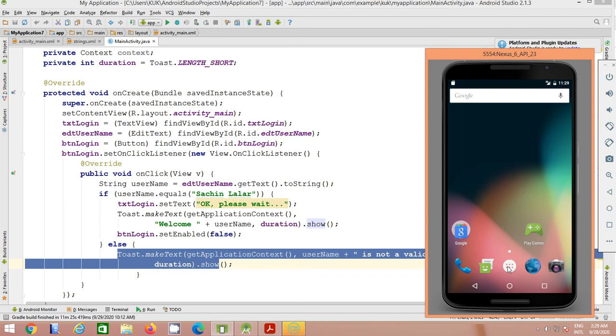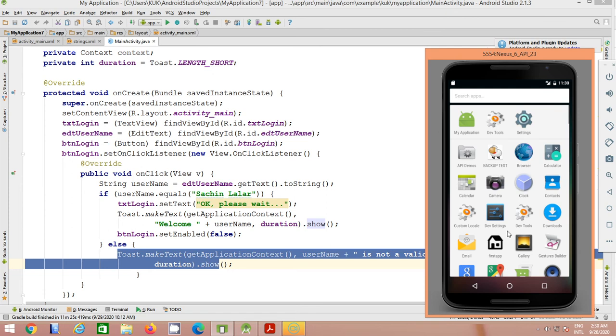We will use two cases. In one, I will type my name, otherwise in the second case I will simply enter an invalid name. So you can build your application. After building the application, you will use the emulator or your mobile phone.